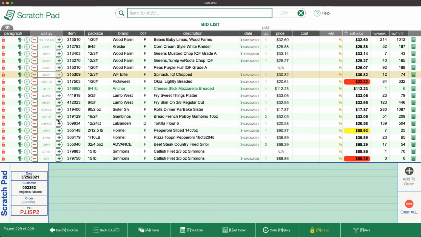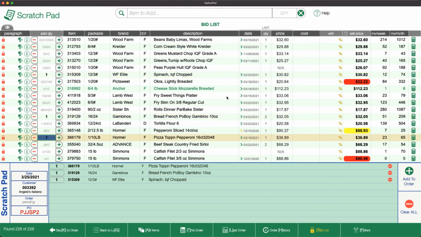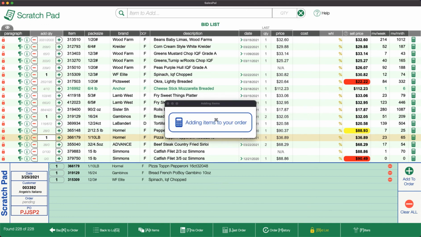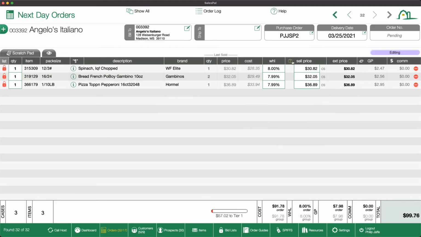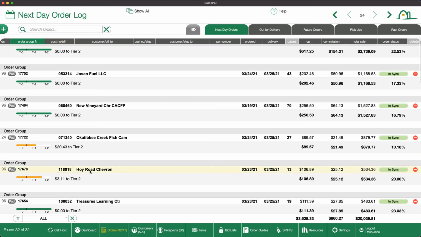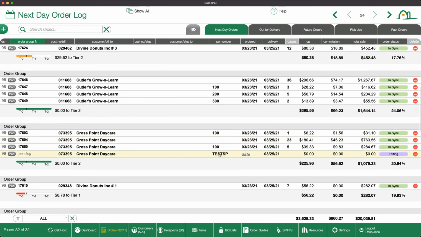Okay, so I can start a different ScratchPad here, and when I'm done with that and I want to add it to the order, I click Add to Order, and these items get calculated, the prices get calculated and dropped onto that order. And now at this point, I can adjust prices and margins. But you notice that little box that popped up a second ago that said ScratchPad had saved. If I go back over to my order log, and you remember I was also working on this test SP, this Crosspoint Daycare, if I go back into here,